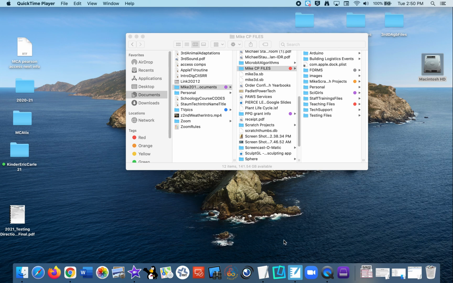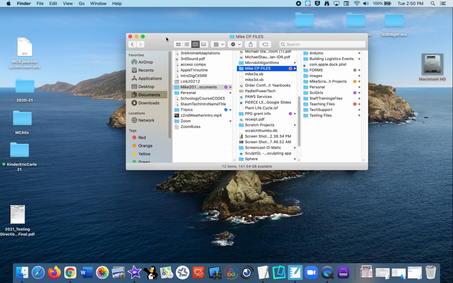Everyone, this is a how-to video on explaining your options for exporting notebook files into either a PDF or into the image options, which would give you each page of your notebook file as a separate image. All right, so first you need to go through and look through all your notebook files that you have made